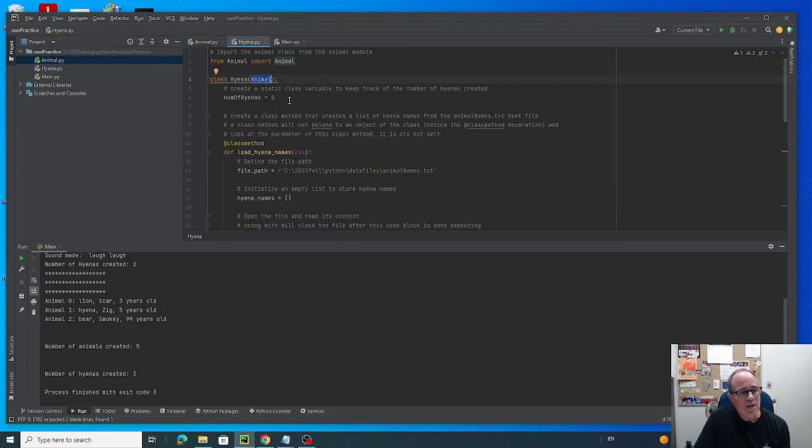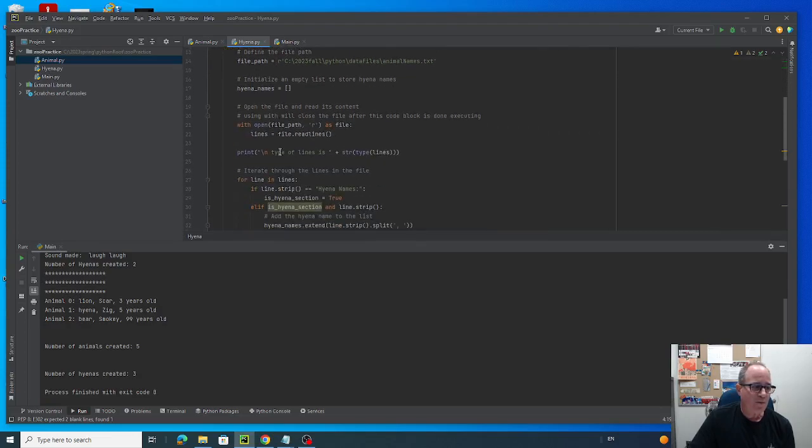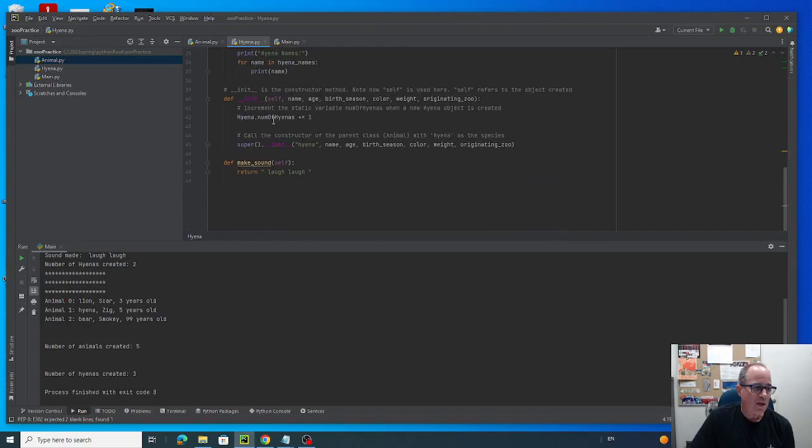And then we add stuff that is distinct to hyena, like this, a static class variable named num of hyenas. So, we could have num of hyenas in the animal class, but that would really be a pain to increment it. Watch where num of hyenas gets incremented. It gets incremented in the constructor right here. Boom. Hyena dot num of hyenas plus equal 1. So every time a hyena is created, this num of hyenas member variable is going to be incremented,